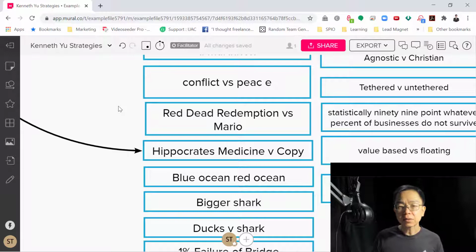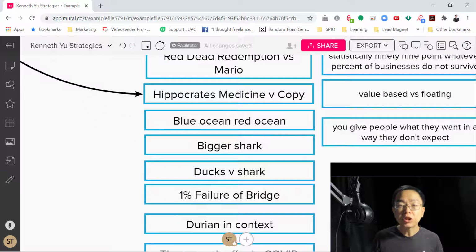Conflict versus peace. So he talks about the white knight analogy. Remember? So conflict versus peace. He gives examples of how you can be bored and experience chaos. It's because you have boredom, and that's why when contrasted against chaos, things look fresher. All right. This is funny because if you guys play games, I don't, but Red Dead Redemption is a gruesome game. You can go Google it. Super Mario is just like this, family environment kind of thing, right? So very, very big contrast in terms of analogy, but he uses it to great effect.